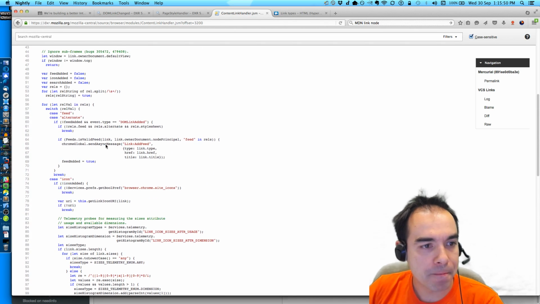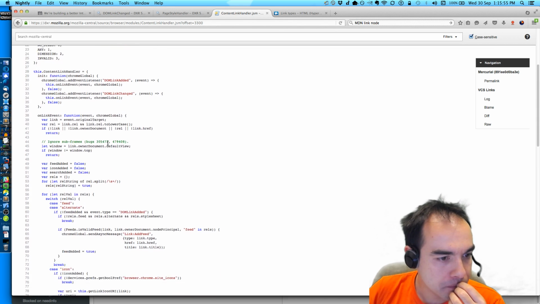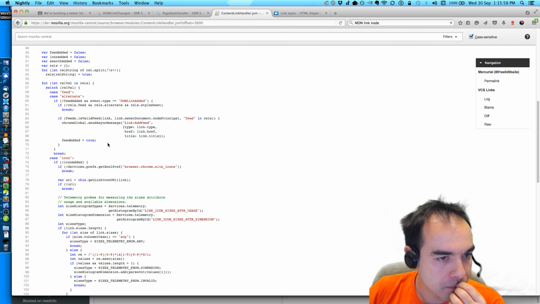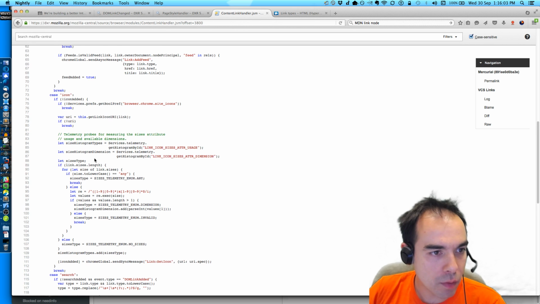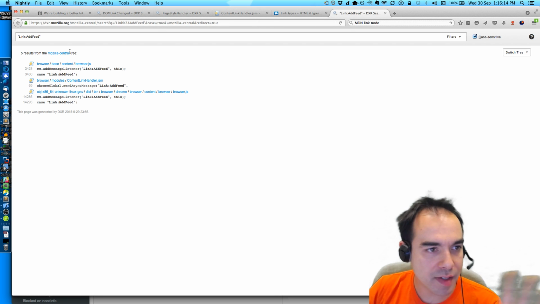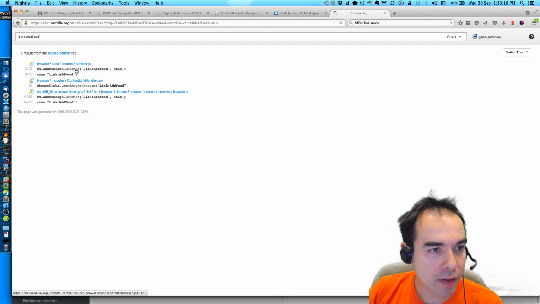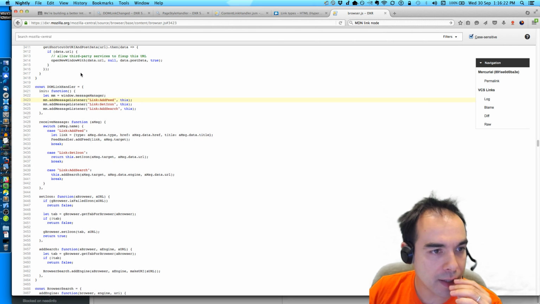And then added, and then what else? So who listens to link add feed? I'm just curious to know how all this ties together. The parent in browser.js listens to it, and the DOM link handler, and the window message manager. I see.